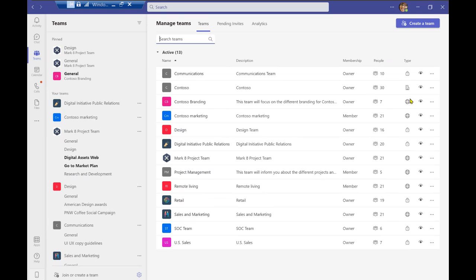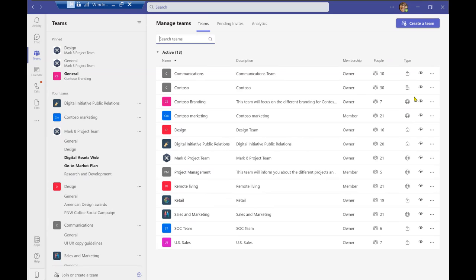And then we have our world icon, which indicates a public team. So a public team, even if there are people in your organization who are not a part of that team, they can search up the information and automatically be able to join the team, whether it be with the code or have the option to join or create a team when you see it over there. And that information will be available for viewing within the members of your organization.